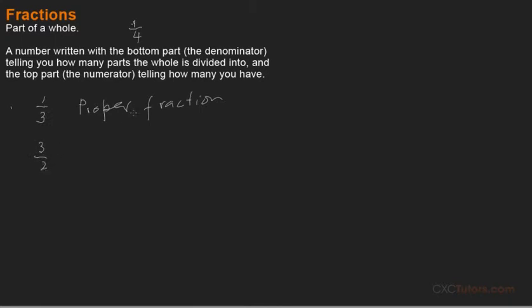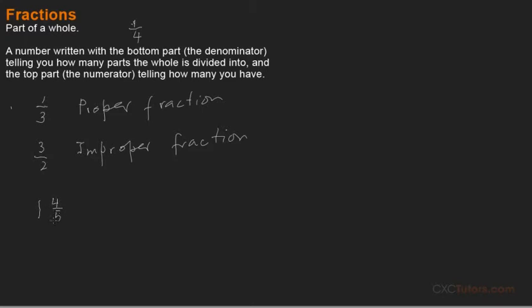3/2. This is what we call an improper fraction. So this is improper. We call this an improper fraction because the numerator, which is 3, is bigger than the denominator, which is 2. We also have another fraction called a mixed fraction, which is, let's say,